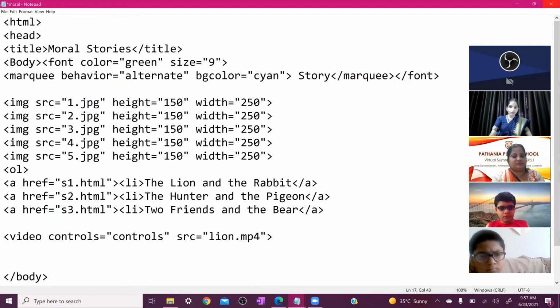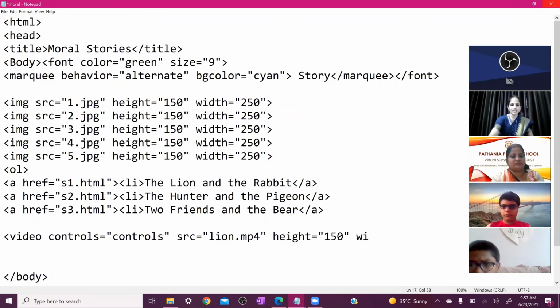If you want to set the height and width, you write height is equal to, and we take 150 here, in inverted commas. You also set width equal to 250. So height is 150, width is 250, and also write muted here.